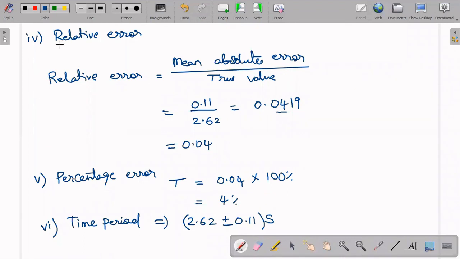So this is how we solve if given measurements are there: how to find true value, absolute error, mean absolute error, relative error, percentage error, and time period, right? So just complete